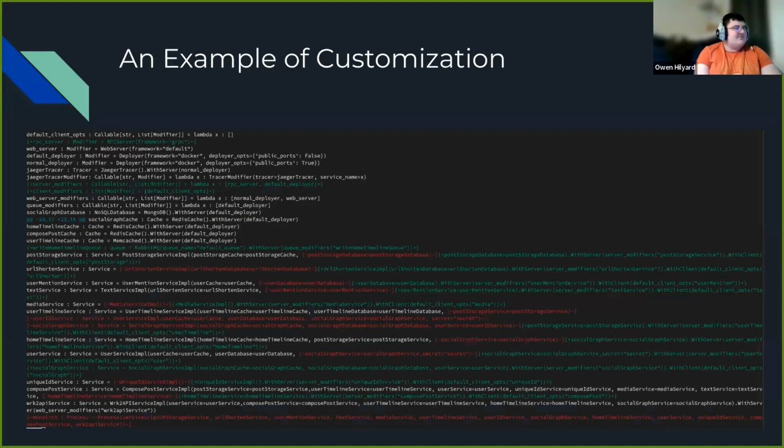So another example of customization. This is the diff from, hold on, one of the Zoom bars is in the way. This is a git diff of moving something that was monolithic to microservices connected via gRPC,